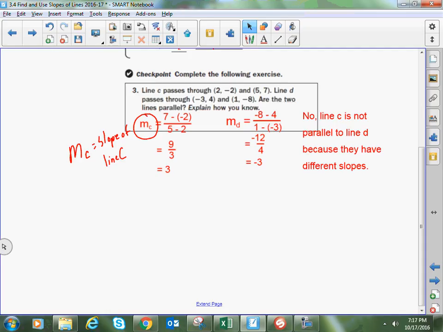Are they perpendicular to each other? No, they're not perpendicular either, because even though one is positive and one is negative, they're opposites of each other. They're not reciprocals of each other. So,